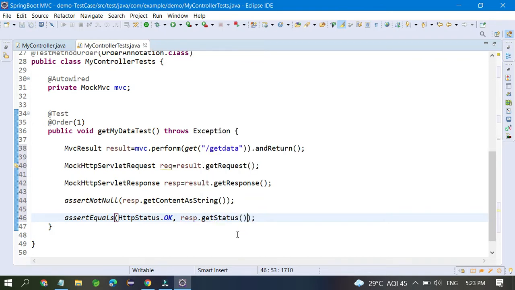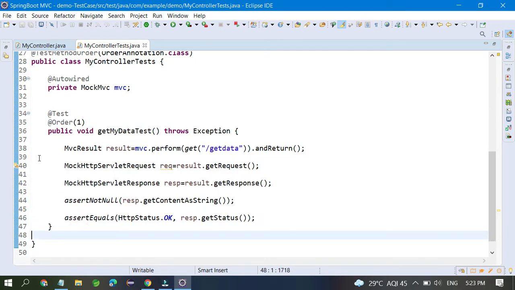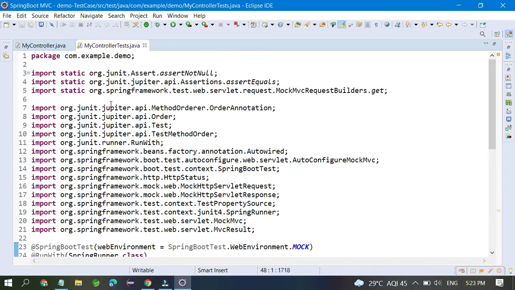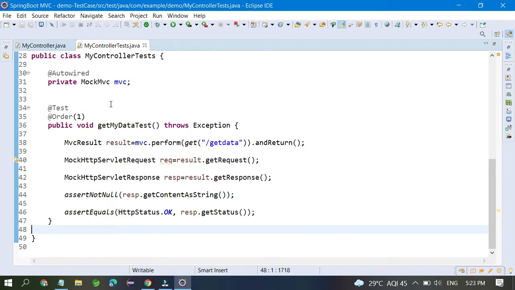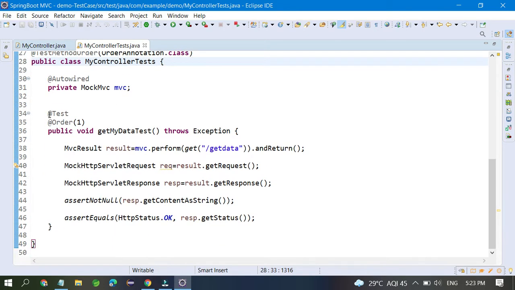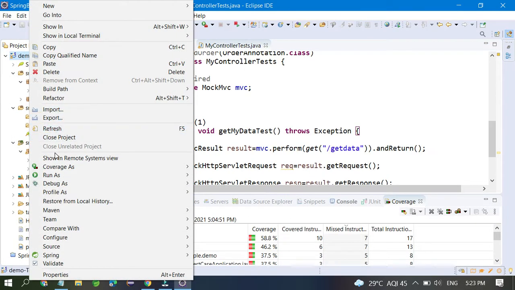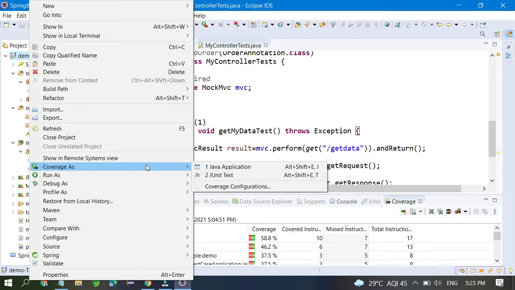So this is the code, and through this code you are able to write a JUnit test case. That's it. I hope guys you understood how to configure your test case, to work with this test case. This is the actual functionality, and one by one I have written everything because you want to learn and understand. Okay, again you go to this place, code coverage, run JUnit test case.